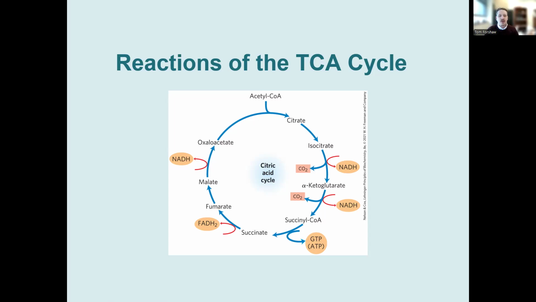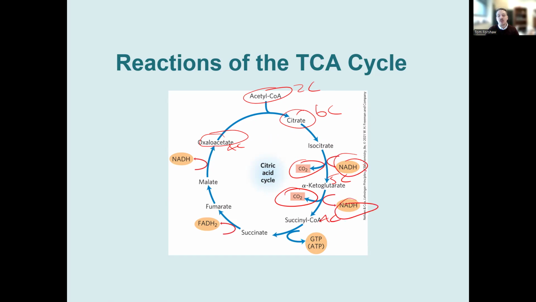So like I said, we start out with the 4-carbon oxaloacetate and the 2-carbon acetyl-CoA, and they condense to form the 6-carbon citrate. There's 2 oxidative decarboxylations, which generate a 5-carbon and then a 4-carbon metabolite. But each time, because that oxidation is coupled with the reduction of NAD to NADH, which are going to feed into